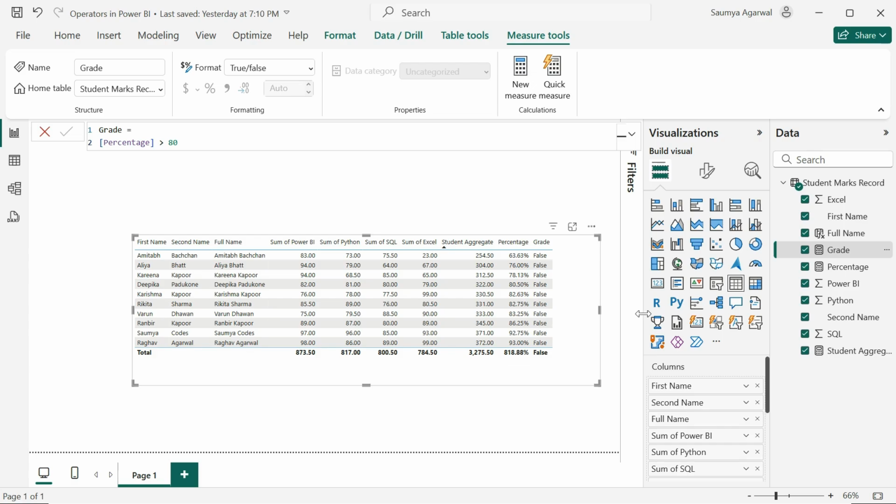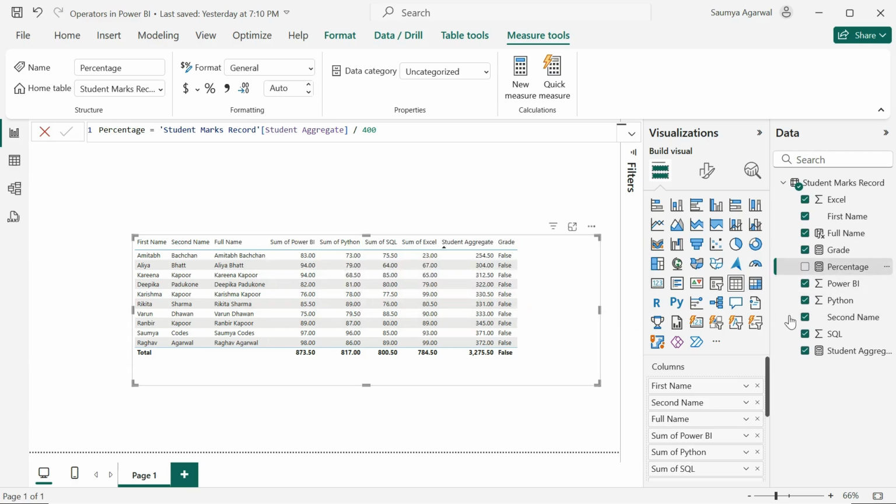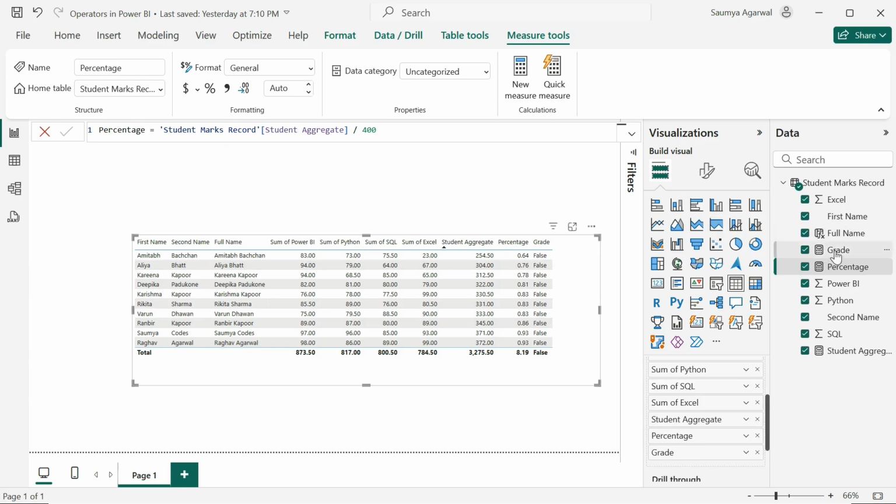If I just try it here, it is giving me false everywhere. Why? Because we have this in the format of 80%, so it is not actually comparing both values, right? Or if I just go to percentage here and remove this percentage, and try again to add this percentage, right? So if I try to display it, 0.8,